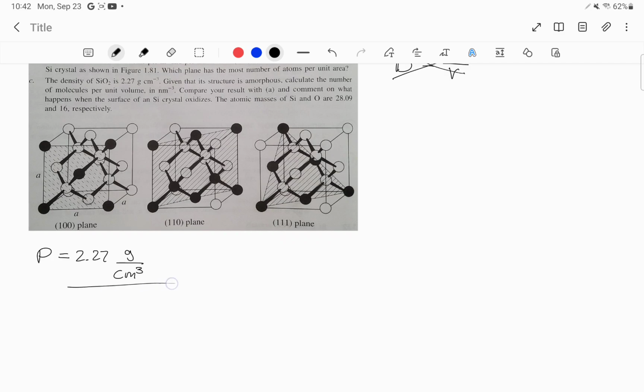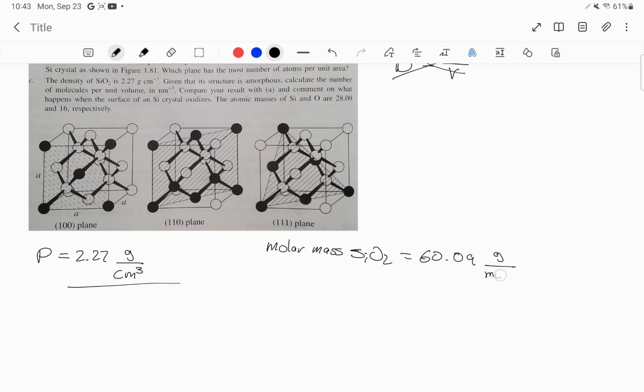So we're going to divide by the molar mass of SiO2, which is the atomic mass of silicon, 28.09, plus 2 times 16. That should give you 60.09